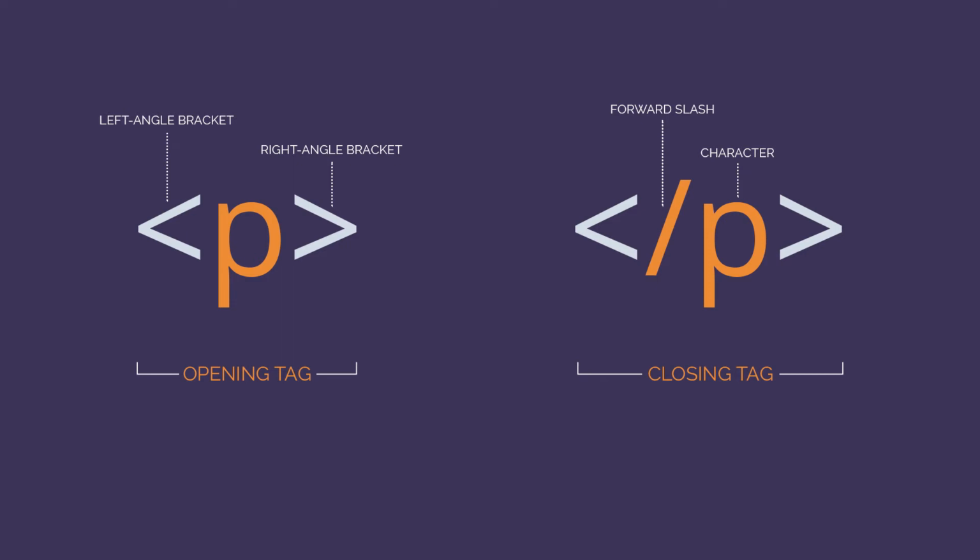Here's a closer look at what a basic HTML tag looks like. Both an opening and closing tag consist of a left angle bracket, the characters designating what the tag will do, and a right angle bracket. The closing tag will have one additional character, a /, which tells the browser this is the end of the